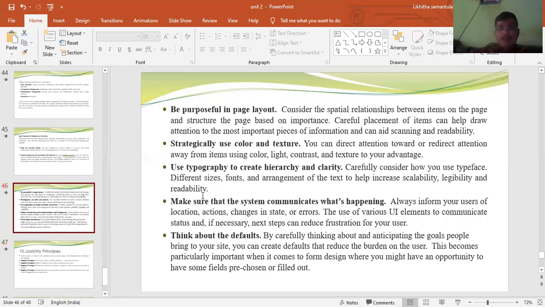Be purposeful in page layout, strategically use color and texture, and use typography to create hierarchy and clarity. Make sure that the system communicates what is happening. Think about the defaults.